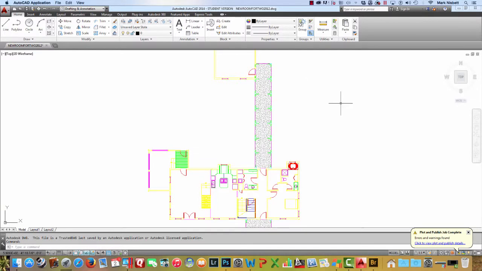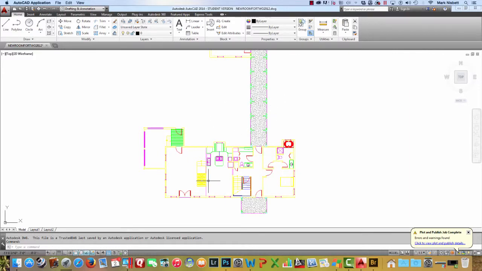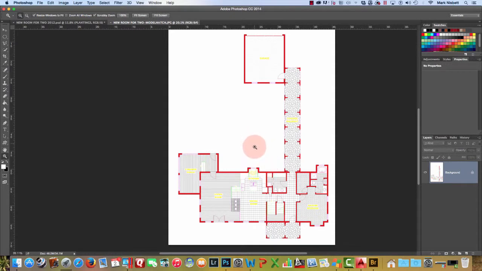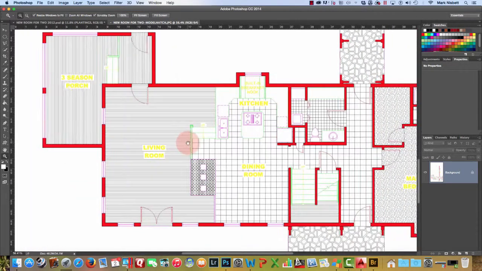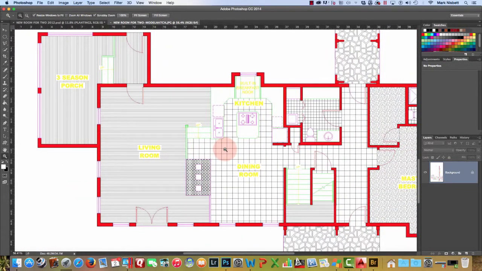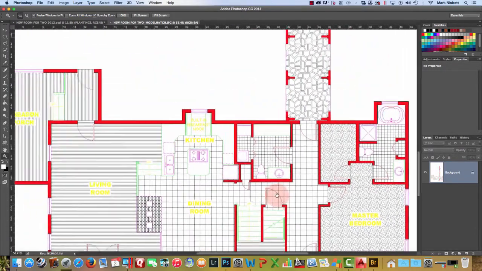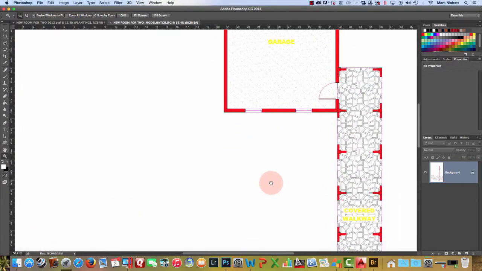Okay, so in this lesson what we're going to be doing is taking an AutoCAD file, a floor plan, and bringing it into Photoshop and converting it from a file that looks like this here. You can see we have all the cross hatching for the flooring and the walls and all this and that. We can zoom up to it. This is typical of a standard AutoCAD plan with some cross hatches in here, which is okay for most applications,